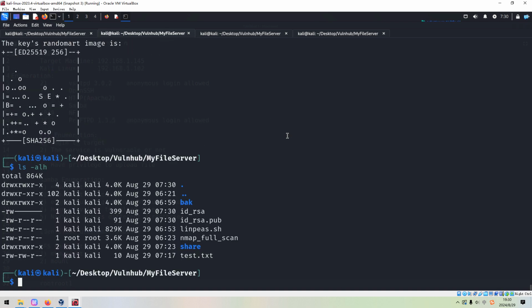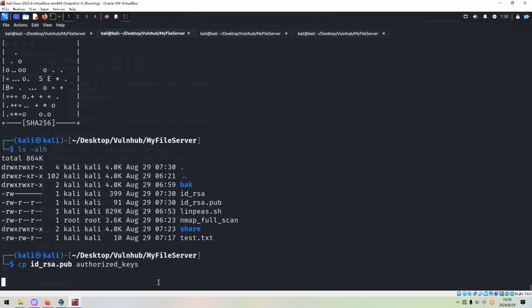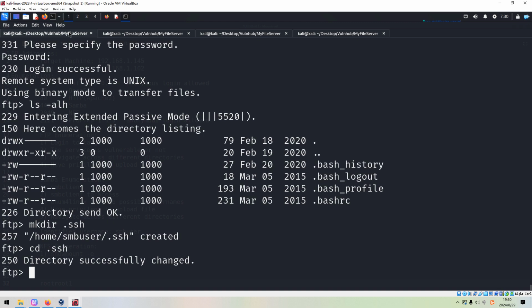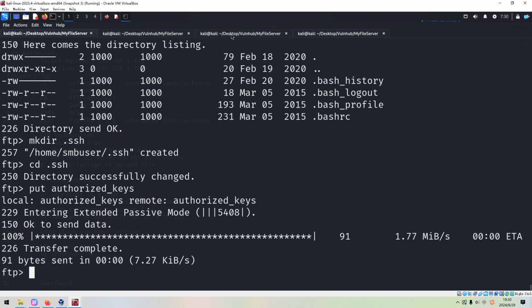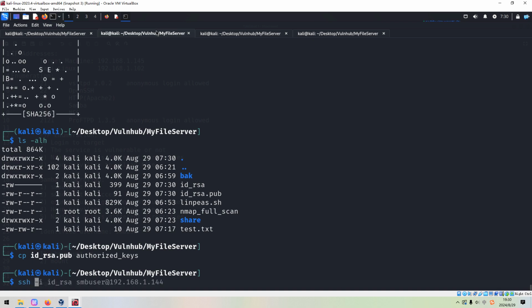As you can see, now we have created the key pairs, and I want to copy the public key to the authorized_keys file. Next, we can upload this authorized file with put, and then I think we can use SSH to connect to the target via the private key.